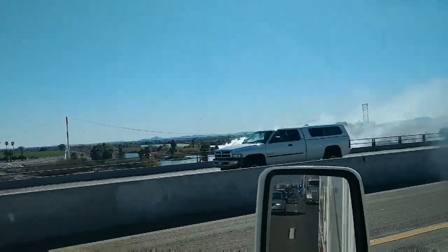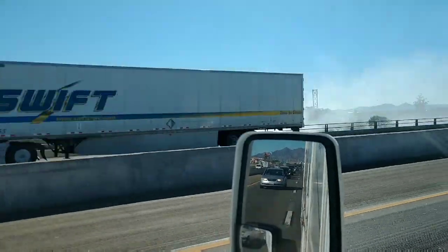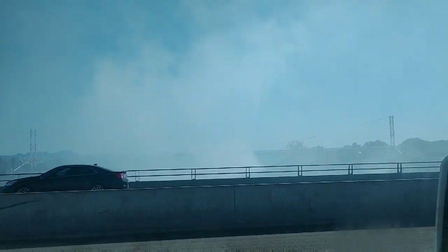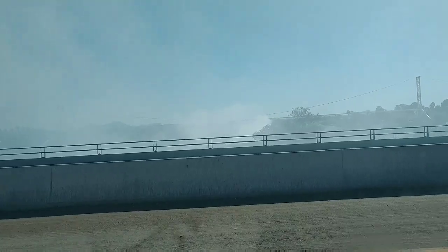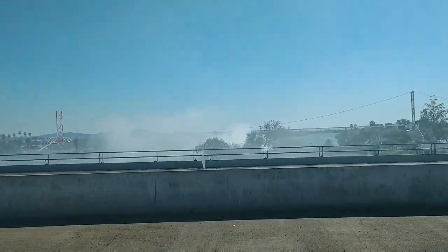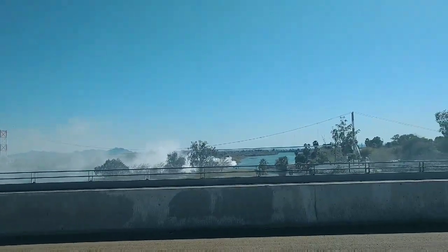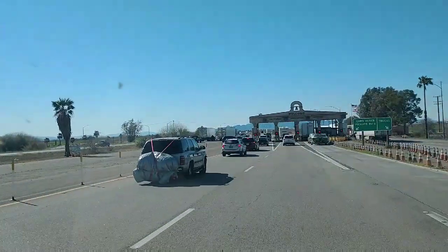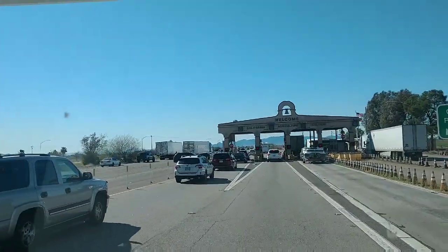It's pretty noxious smelling. Well, my Google Maps just said, "Welcome to California." I hope all of this horrible smoke and haze and smelly, stinky stuff is not a bad omen of my stay here. Well, here is the border, the arch,